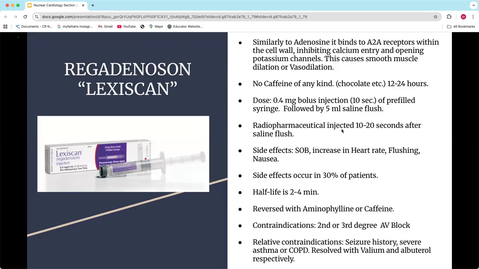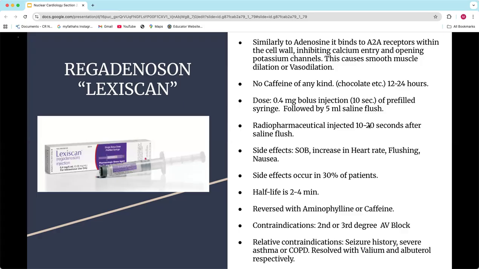And so a lot of times in PET, you're going to see a 90-second delay, whereas if you're just in a standard cardiology department, they may not do that. A lot of cardiology departments, as this information has been learned over the last several years, have gone to the 90 seconds. So that could be a caveat there. I've still listed it as the 10 to 20 seconds, but it could be up to 90.